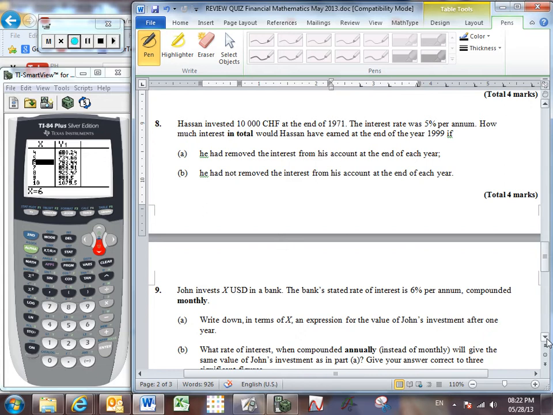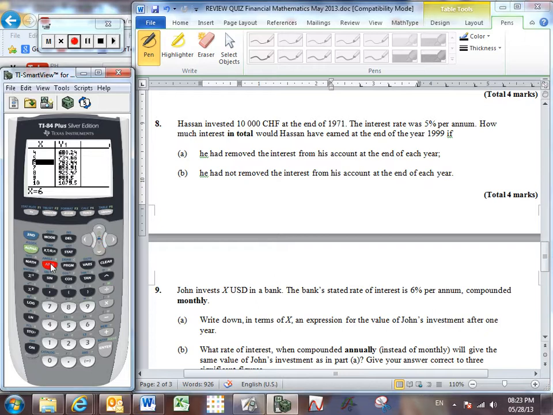The interest rate was 5% per annum. Oh, what a shame. Again, it's annual interest. Sorry, I wish I'd selected a problem that forced you to compound monthly or something, but oh well, I hope you do understand that stuff from the previous time that we studied compound interest, and hopefully you know how to use finance. Anyway, let's do this with finance, and so we'll say apps, finance, TVM solver,